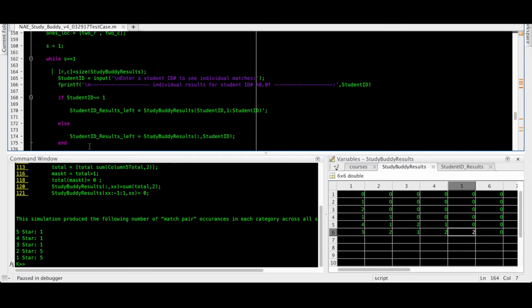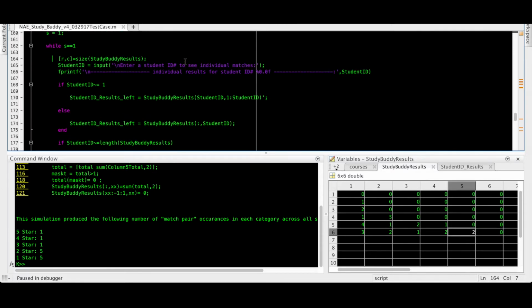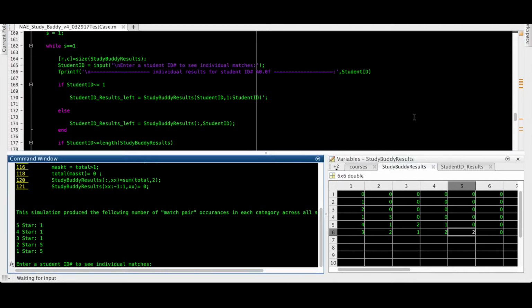The next portion of code is the part of the program that finds the results for any particular student ID number. So we get to the input and it wants to know what student do you want to look at.